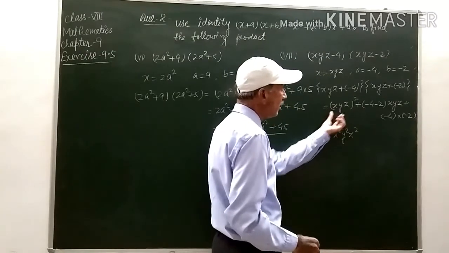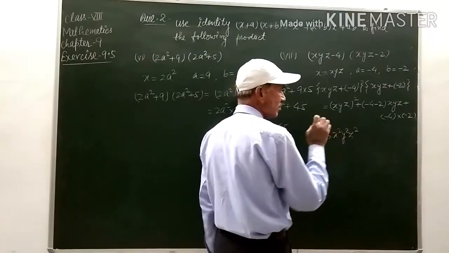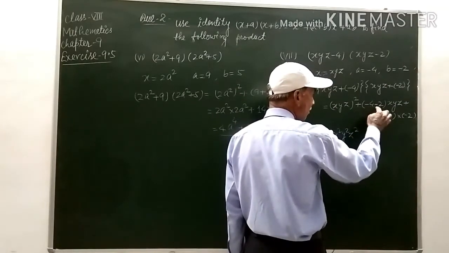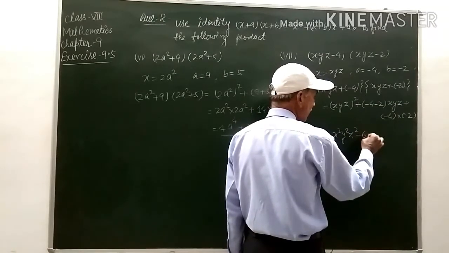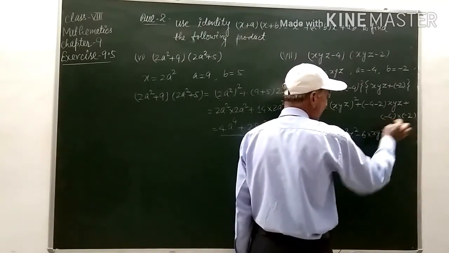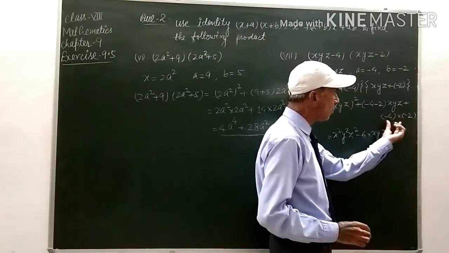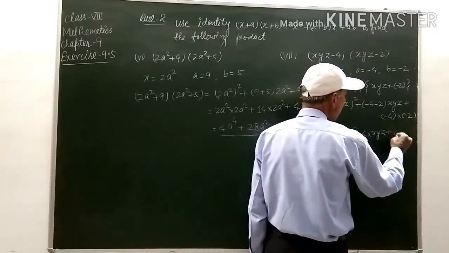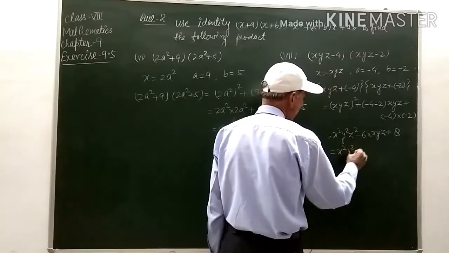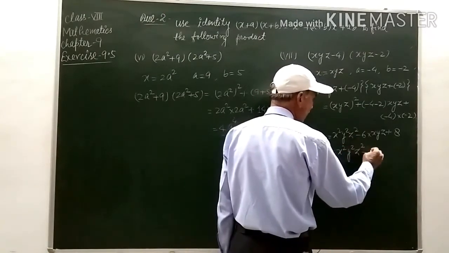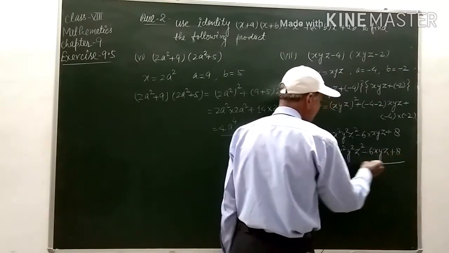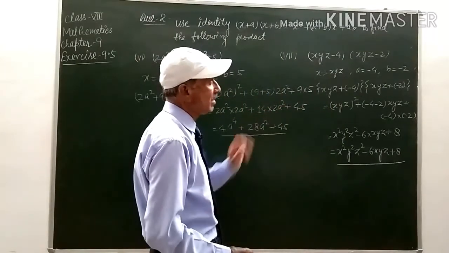स्टूडेंट, इसका हम स्क्वायर करेंगे तो this will be x square y square and z square, and this one -4 and -2, that will be -6 into xyz and plus -4 into -2, मल्टीप्लाई करेंगे निगेटिव निगेटिव को तो ये पॉजिटिव हो जाएगा, that is 4 2 जा 8, and now this one will be x square y square z square minus 6xyz plus 8. This is the solution of the last part of the question.